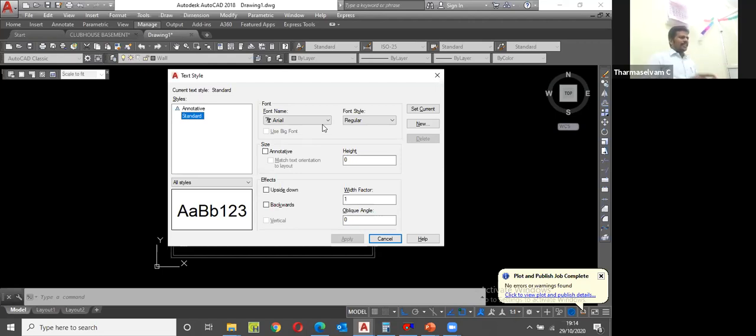I am going to plot the A1 size sheet. In that, I am going to accommodate the drawing. If it is accommodating in 1:100, it is well and good. If it is not accommodating, then I am going to increase the scale. Currently, I am doing 1:50. So for section views and all, you can go with 1:50. If you are doing 1:50, it is very easy to read the diagram.